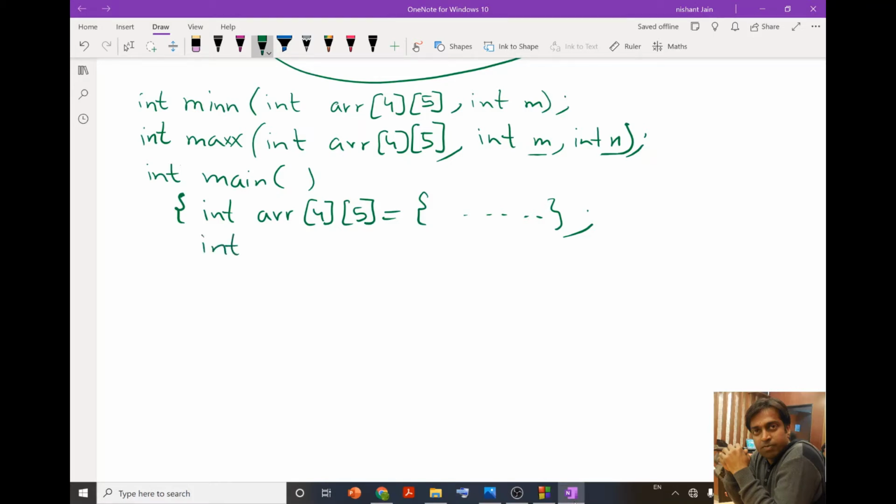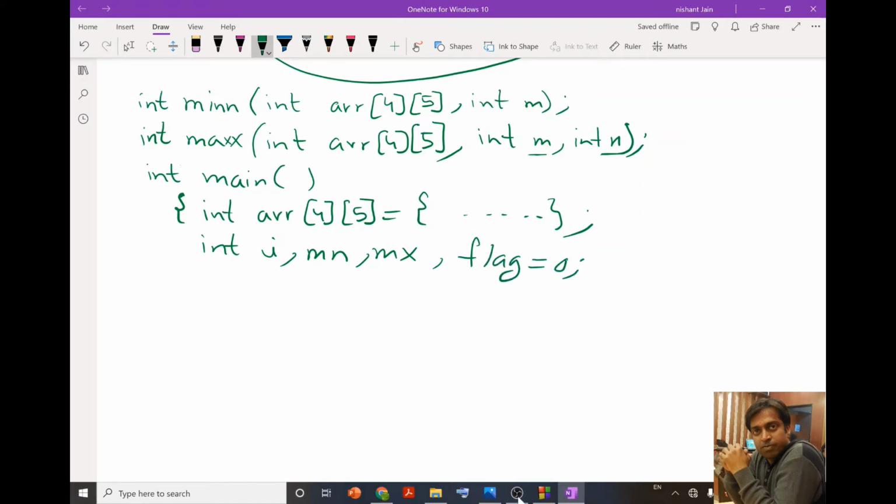Apart from the array, I am going to declare variable i for the loop. I am going to declare variable mn, in which I am going to get the return value from function min. I declared variable mx to get the return value from function max, and I declared variable flag and initialize it